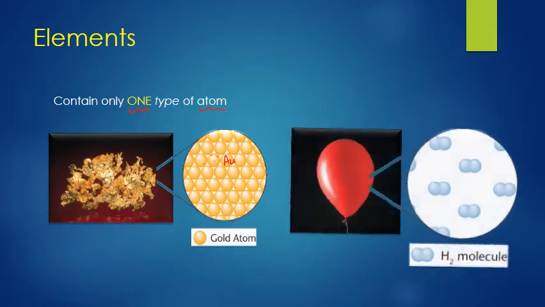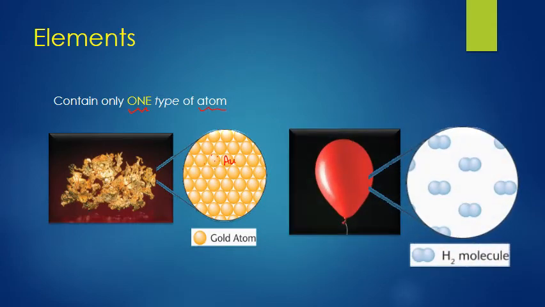Now here's a mind blower. A molecule can be an element. Whoa. Okay, so look, we got the word molecule. Molecule means these little balls are bonded together, hooked up together, fused together, chemically connected. And yet this molecule is an element. And the reason it is, it's only made up of one type of atom.